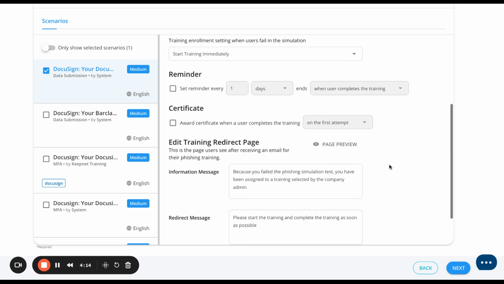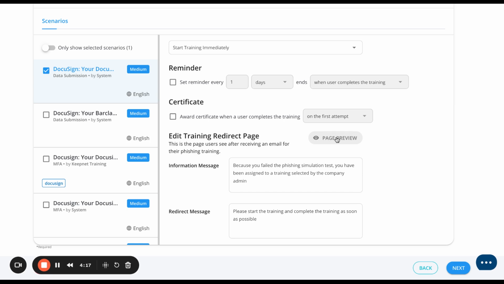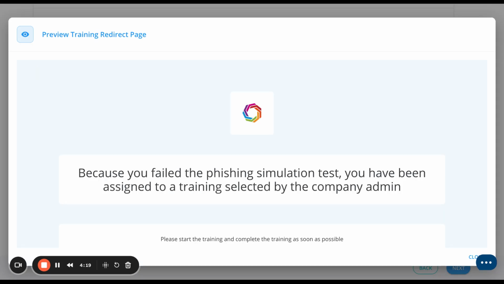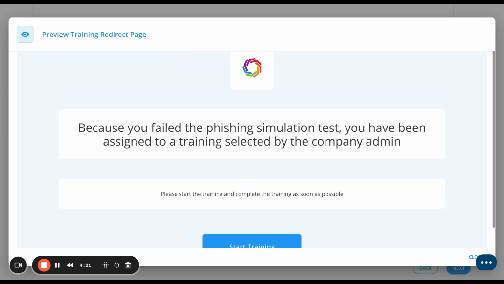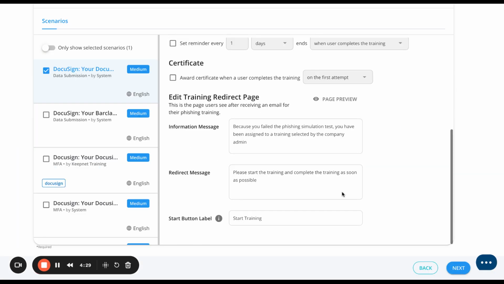With the immediate enrollment, you can review what this page looks like. On this preview, you can see all of the text. You can see the Keepnet logo at the top, and all of this is customizable. So if I come out of here, I can edit the information that is on the